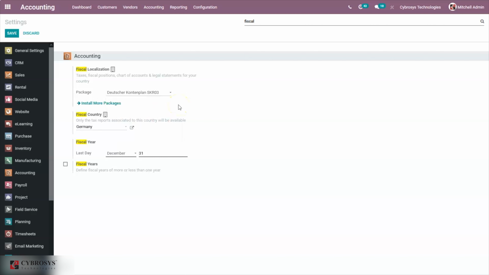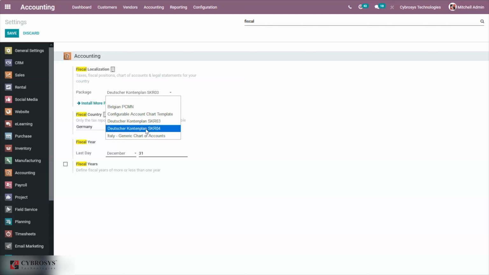So this one is understandable for young companies. And the second one, SKR04, is especially used where financial processes and statements have great importance and need to publish the balance sheet, income statements, profit and loss reports, etc. So companies having a turnover of more than 600,000 euros mainly use this chart of accounts.